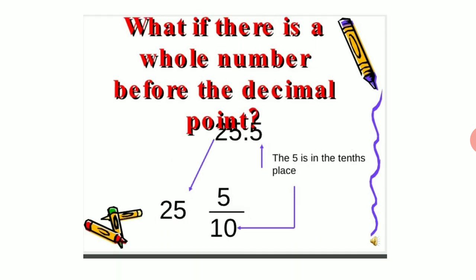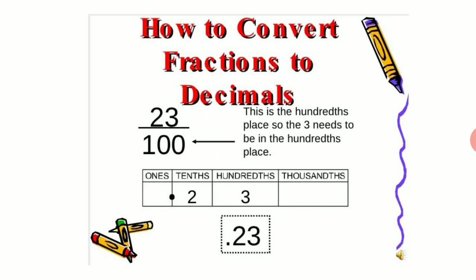Now children, we have taken here a whole number in the form of 2 digits, that is 25.5. So when we take 25.5, we see that after the point we are having only a single digit number, that is 5, which is lying in the decimal place value chart in the 10th place. So it is 25 5 by 10. Okay, why? Because we know 5 after the point is lying in the 10th place, so 5 will automatically become 5 by 10, so it is 25 5 by 10.